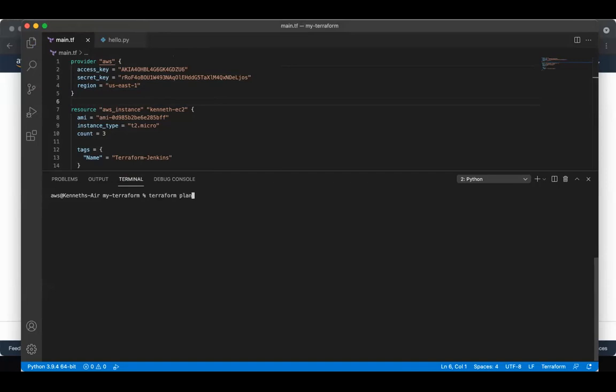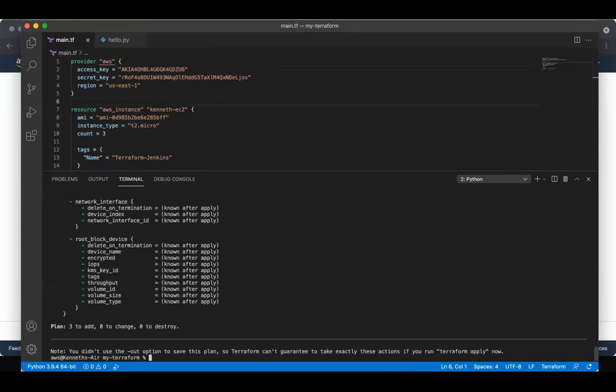Okay. Let me do Terraform plan again also. Yeah, so now it works well. So Terraform plan, again, like the name, it just tells you what Terraform is about to do. So basically it tells us that we want to add 3 resources, 0 changes, and we want